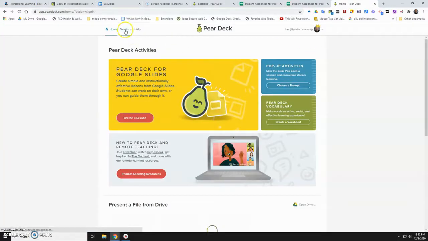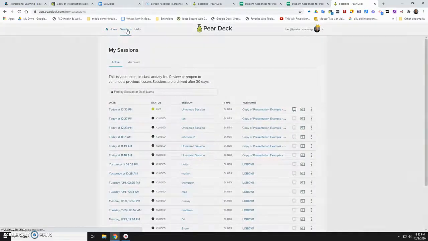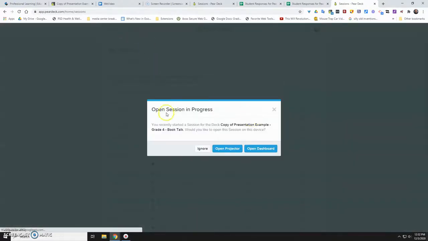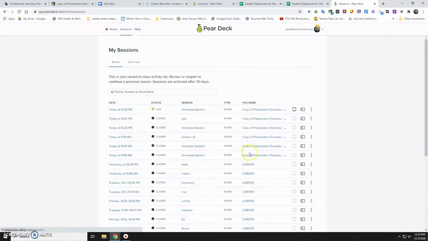And then here up in the upper left are your sessions. I've got this one running that I didn't end yet, so I'll just go ahead and ignore it. It says it's live right now. I could go ahead and hit the snowman and end that session if you ever see that, but you don't need to worry about it. You can rename these to match the period in the class, which is helpful. And so a session that I just did yesterday with Miss Betts, I could open up her class by hitting